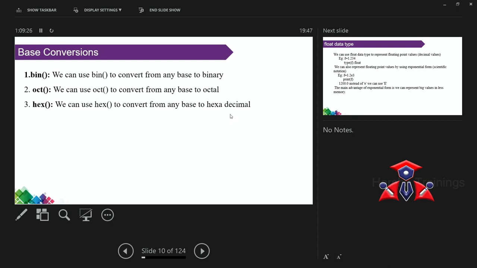Remember, the one important thing is each and every function you have to remember, compulsory. Whenever there is a situation to perform an operation on octal numbers, no need to do all that blindly. Simply perform oct of that number. It automatically converts into octal format. So the function is the most important thing. Once you remember the function, it is very easy to solve the problems.